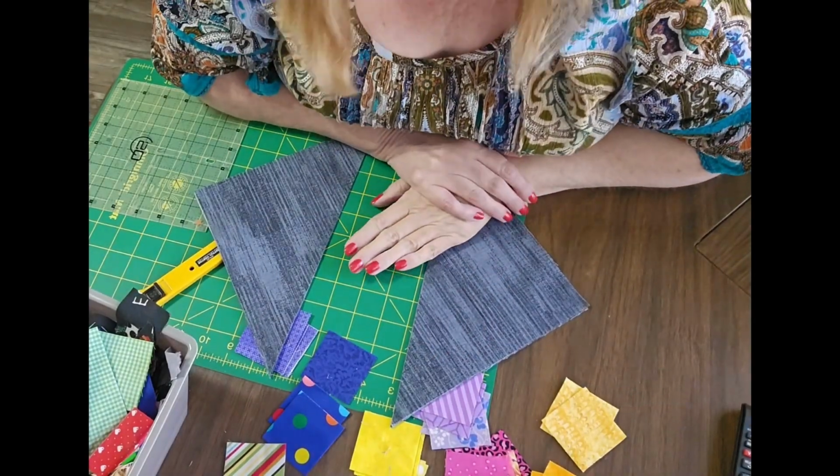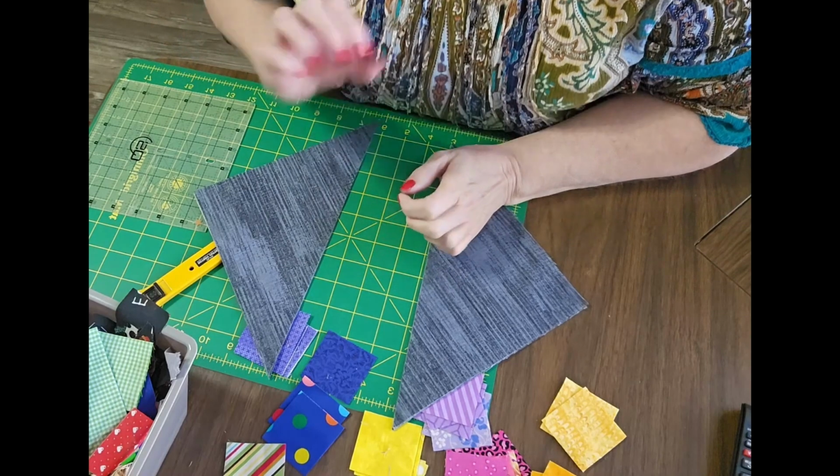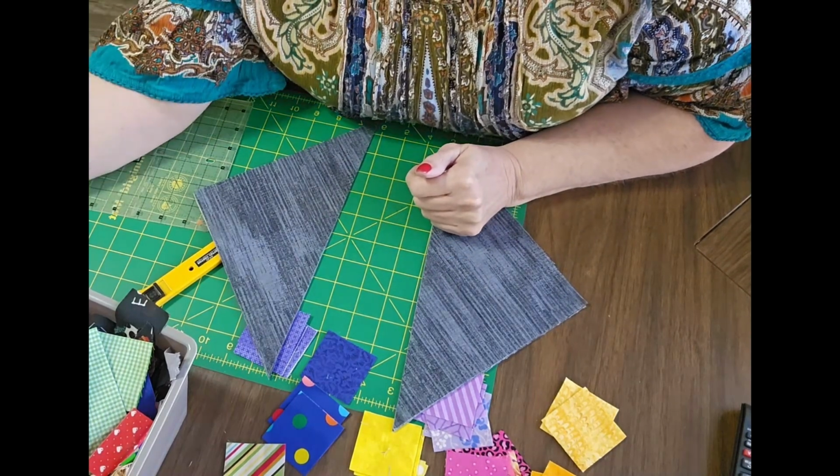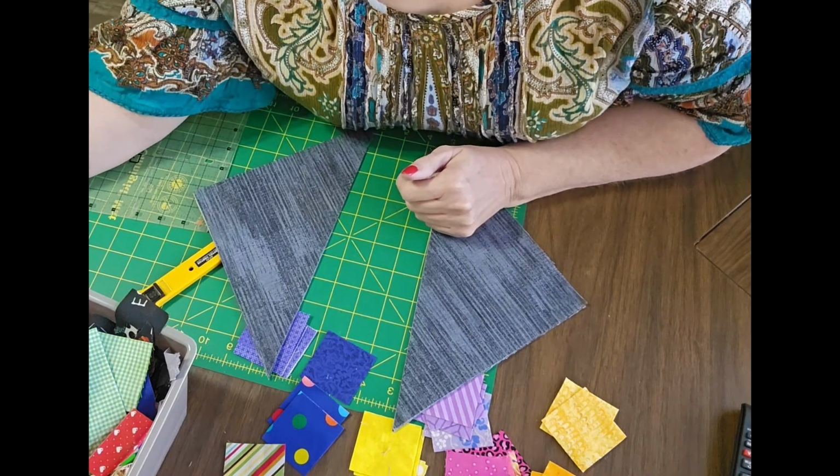I was just making some hot pads. This is my favorite pattern. I can't give you the dimensions because it came from a magazine,